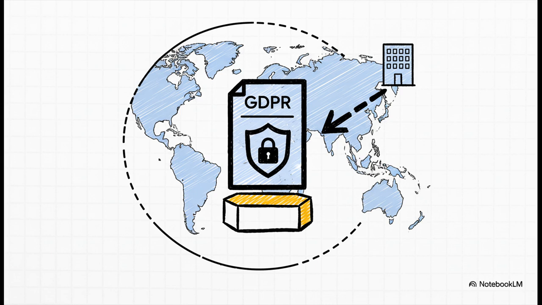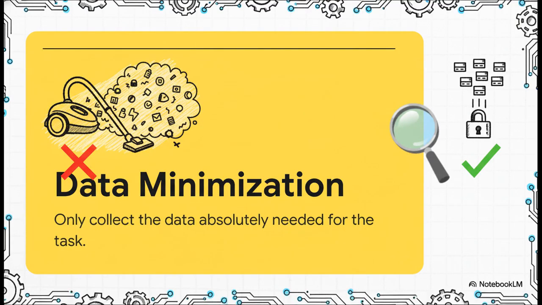Now, why is this the big one? Because it doesn't matter if your company is in California or Kansas. If you have even one user in the European Union or the UK, GDPR applies to you. End of story. It's basically the gold standard for data privacy worldwide. So, to get GDPR right, you have to get its core principles.